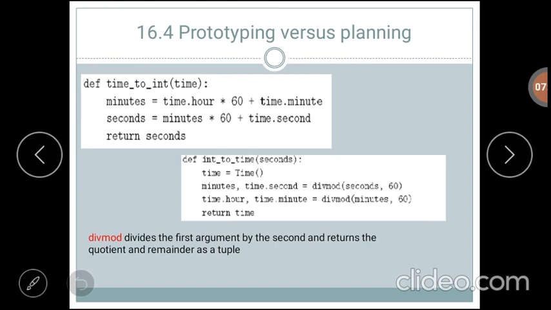Here is one approach, taking the previous example. We can convert the time object to an integer and take advantage of the fact that the computer knows how to do integer arithmetic, and write a function that converts an integer to time.